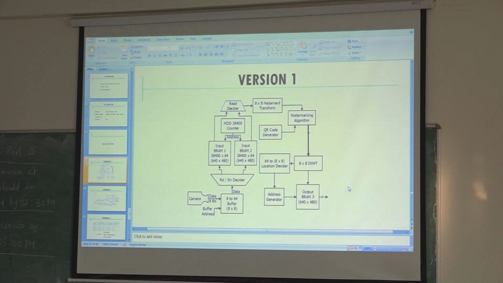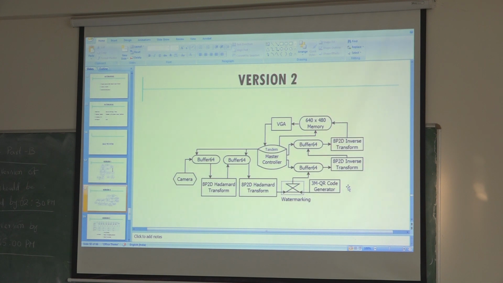Version 1, if you look at the master counter, actually it's 307200 and the BRAM counter is 38400, and the BRAM size, if you look at it, will be very huge, and the hardware size will be a 2D, again huge. But here, the master counter total size itself is a 6-bit counter, and the buffer size is 64. The overall buffer is 256 locations, each location n bits. And this is optional, based on the general structure.